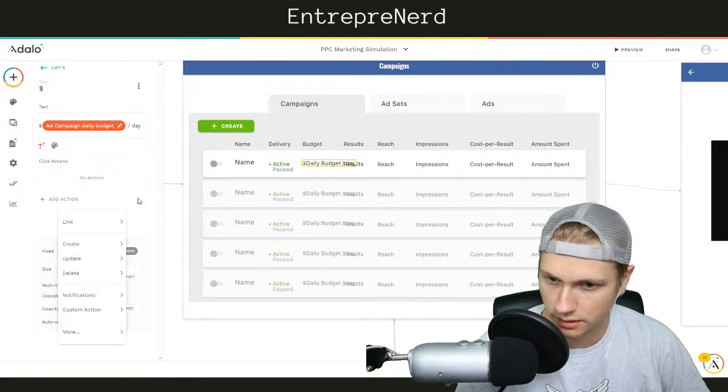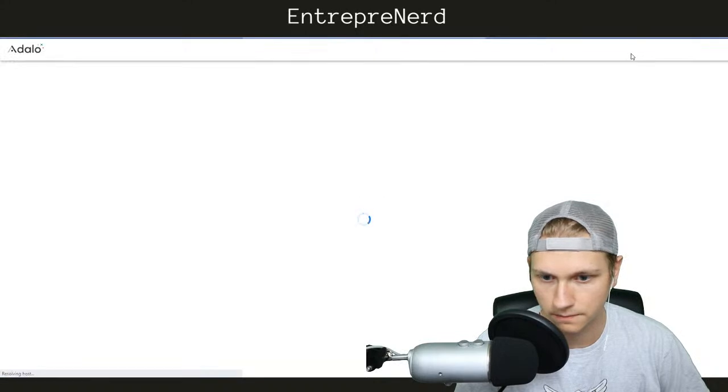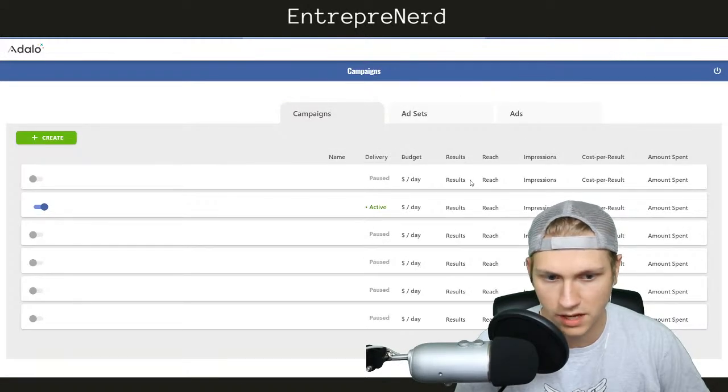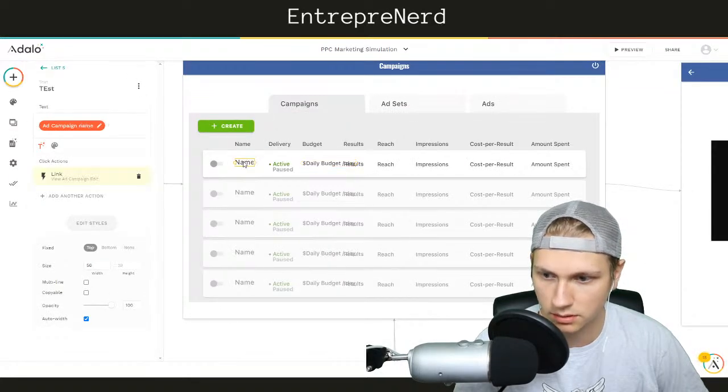Maybe auto width. How about that? Let's preview that now. No, see, it's not showing up. See, we should have some dollar per day amount here, and we should have the name somewhere over here, but it's not showing up. Very weird.